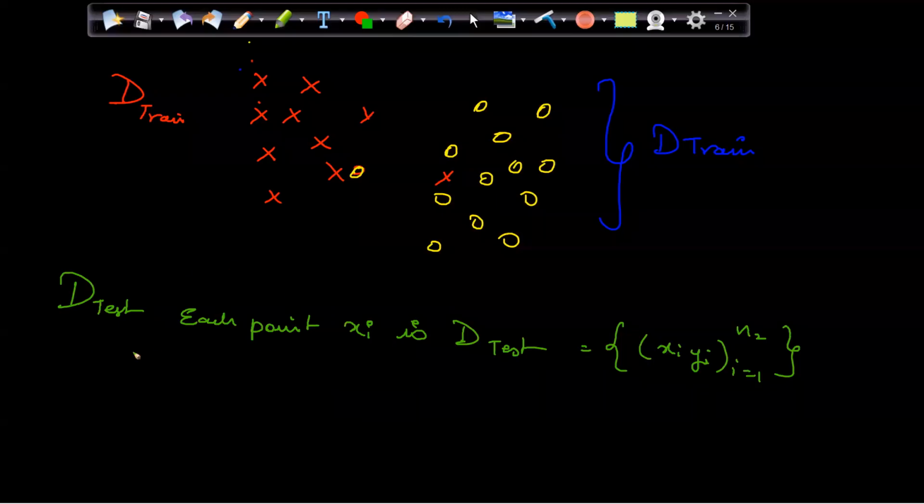So I will take each point xi from D test, where this xi will act as a query point. So xq is equal to xi, where xi belongs to D test.